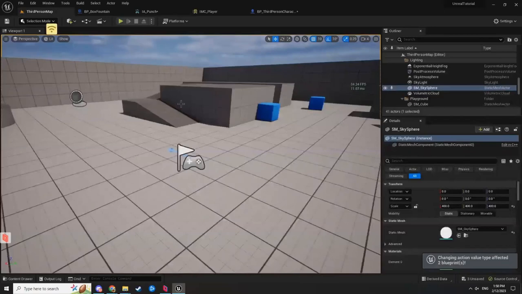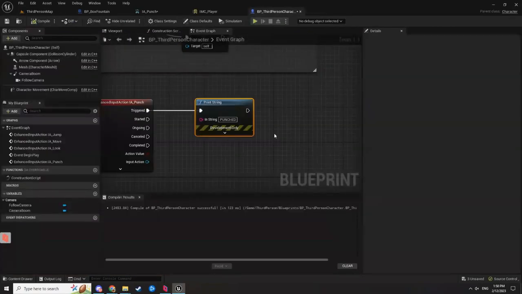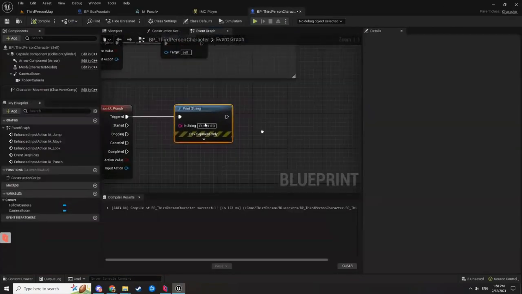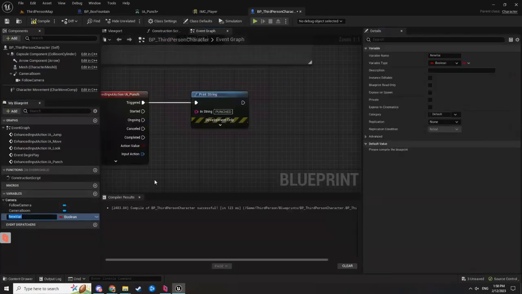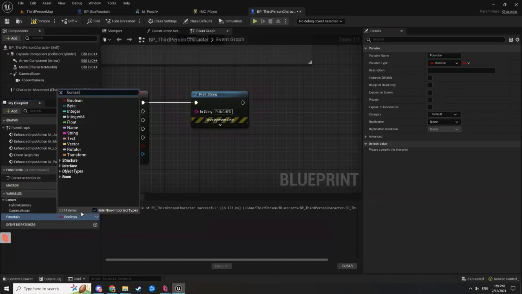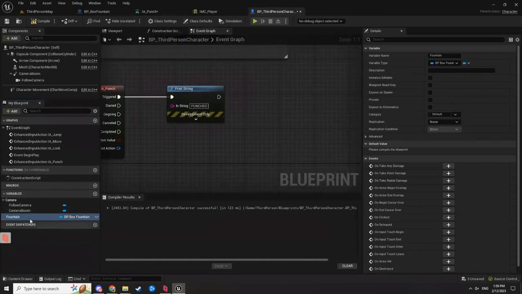The last thing I want to show is calling another actor, or referencing another actor, within a blueprint. Let's first make a new variable. I'm going to call it fountain. And the type of this variable is going to be a BP box fountain object reference. The variable was fountain and the type was BP box fountain. If you click and drag this into your event graph and click get fountain,